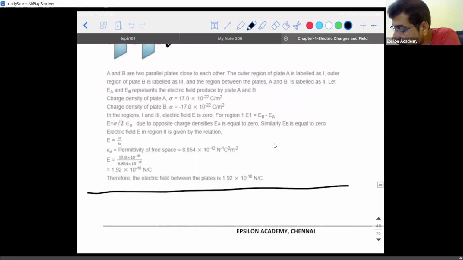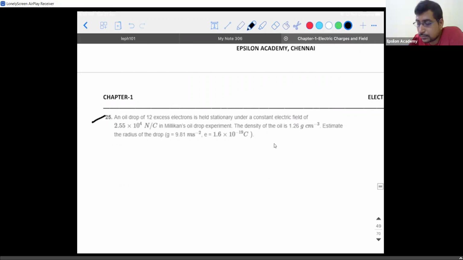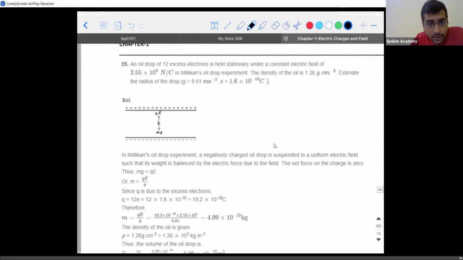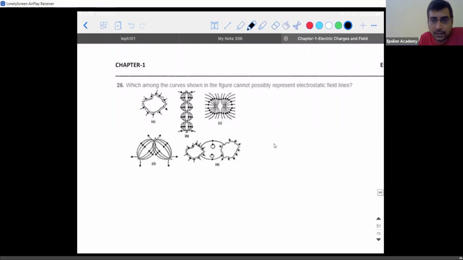So that's it. We have done NCERT as well. Remember one point: except for current electricity, you need not do the additional exercise problems. If you're practicing only for CBSE, you need not do the additional exercise problems as well. But if you're preparing for other competitive exams, it's better you solve the NCERT additional exercise also. So with this, the NCERT part is over. From here, it is additional exercise. You can try, but I'm not saying you should not try. If you're interested and you want to learn more, you can definitely try them. The questions will be slightly tougher.